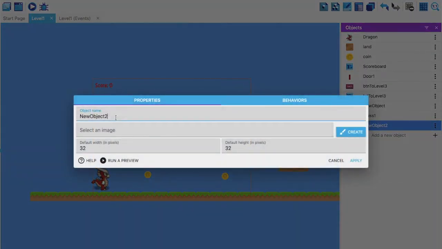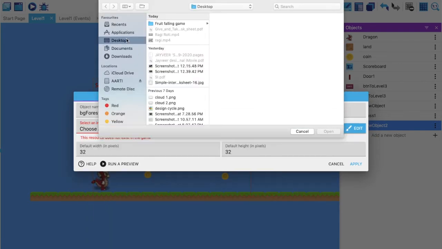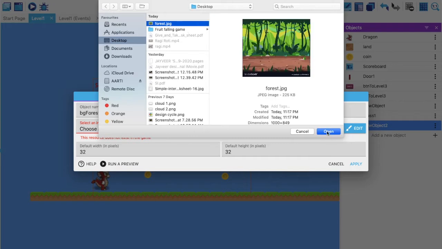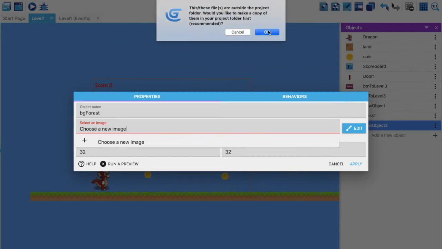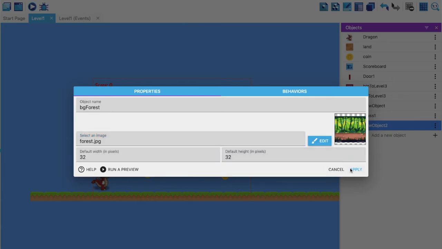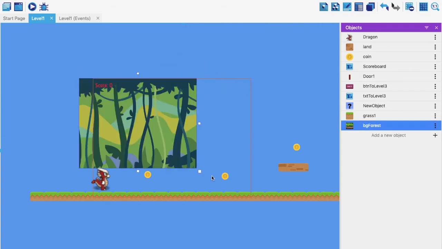I am going to name this BG forest for now, background forest, and select an image, choose a new image, and the one which I just saved is here. I'm not going to give any behavior because this is simply my background. So I'm going to click on apply, and let's put it on our scene like any other object, drag it and make it bigger.